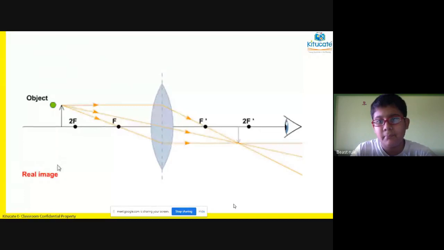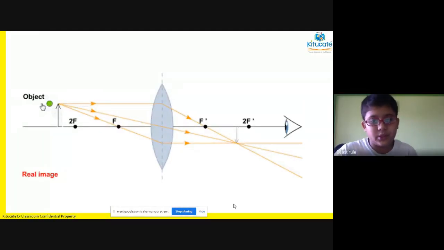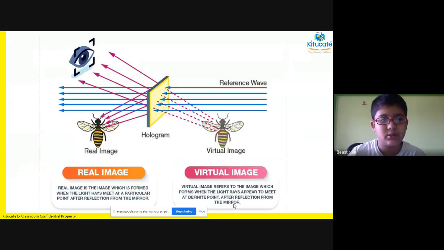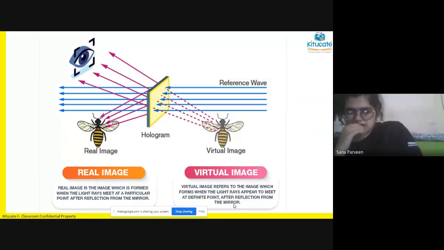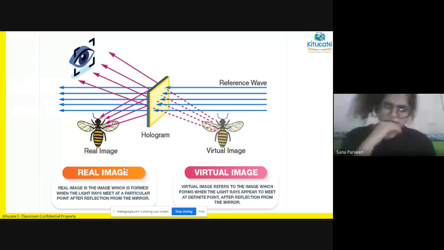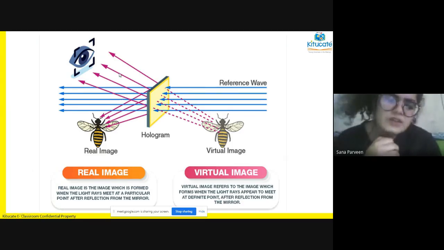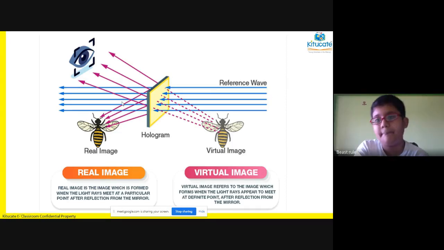Excuse me, ma'am. Ma'am, in the previous image which you showed us just now, what is the reference wave in this? A reference wave is used to compare the angle that these rays are making. You have got a pink color layer falling on it. You are trying to figure out what is the angle made by these rays. For that you need a reference wave. Thank you, ma'am.